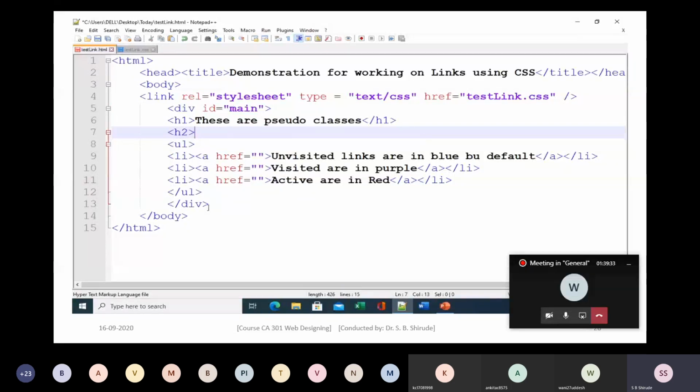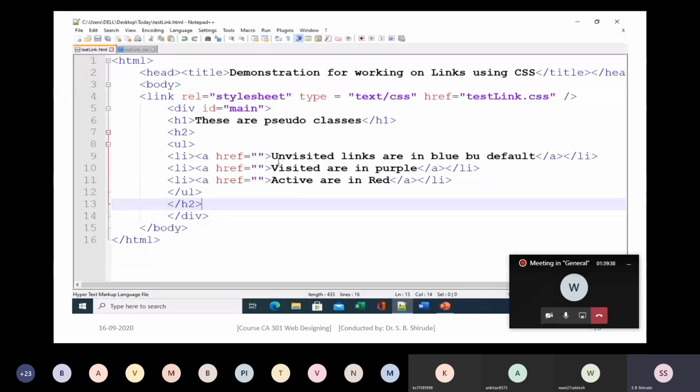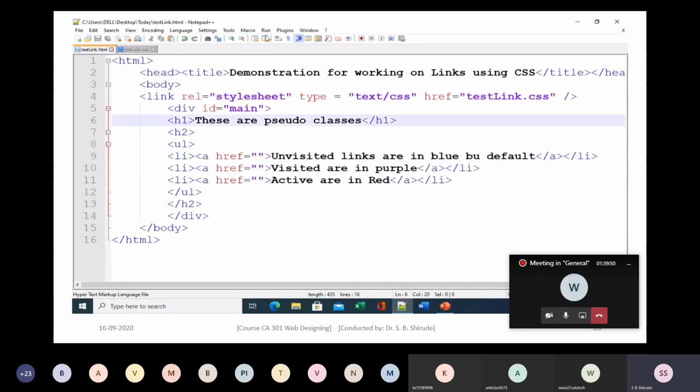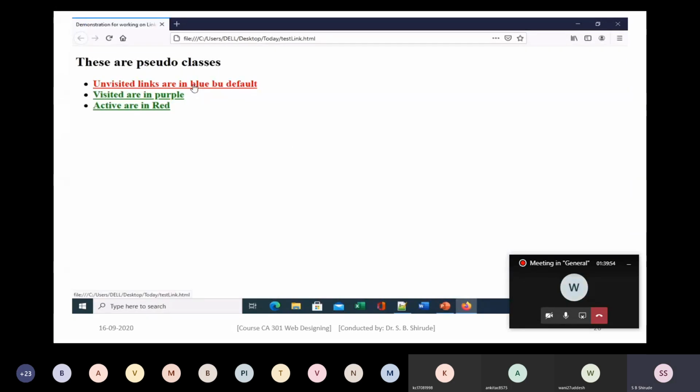I'm going to increase the font so that you will be able to see the links properly. Run it once again. See here, link yellow, visited are in green, active are in brown, and hover means red. So run. See, they are yellow.